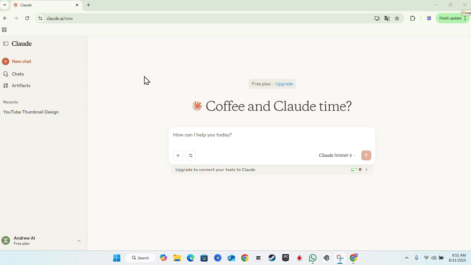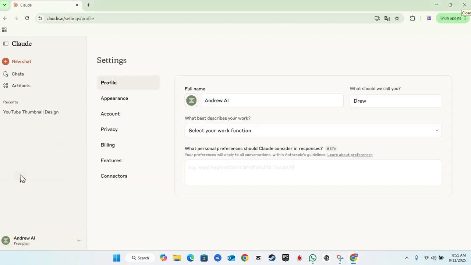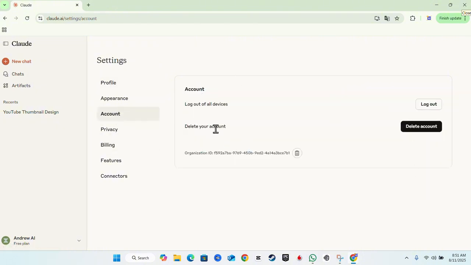Now, how do we do this? Just simply click the profile on the lower left hand side. Once you're there, click on settings, and on the left hand side, you want to click on account. Now, you will see the option to delete your account, and all you have to do is simply click on